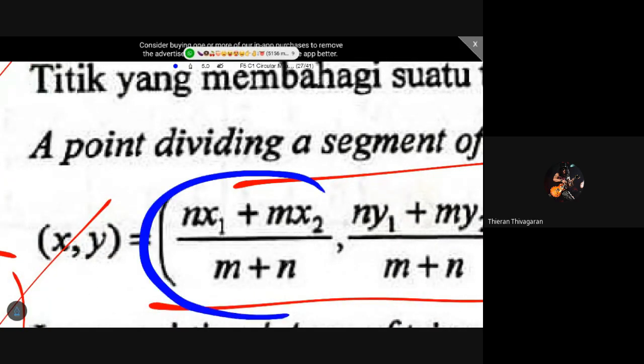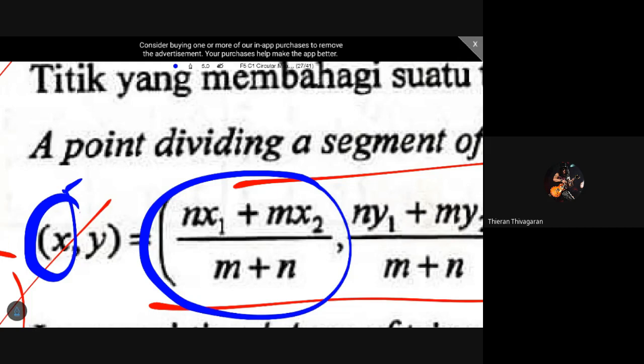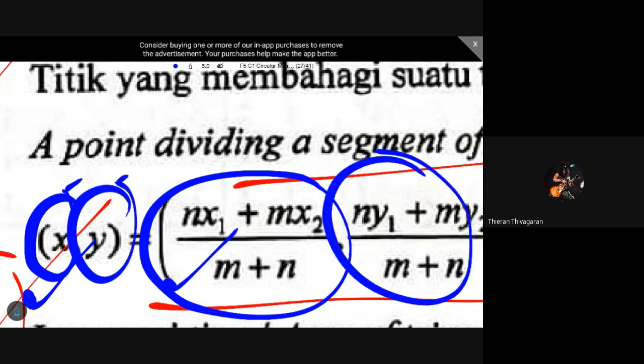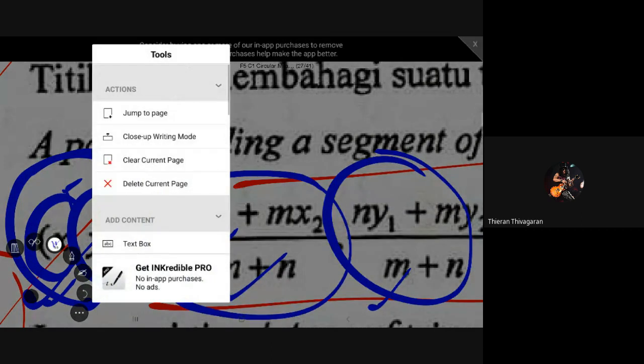Adakah ya sama? This one? Like how you saw just now, is it exactly the same? Yes, correct. Sebab tadi kita cari untuk X. Just now we found for the X term. You see they are equal to each other. Now, bahagian kedua, second part, we need to find for the Y now to get like this. So then you prove already, kamu dah buktikan. Because you got this, and then you find Y, you got this also. So sekarang kita gabung dua-dua dalam bentuk coordinate. We combine them to form one coordinate. So this is how you can prove the formula actually. Okay, so now we